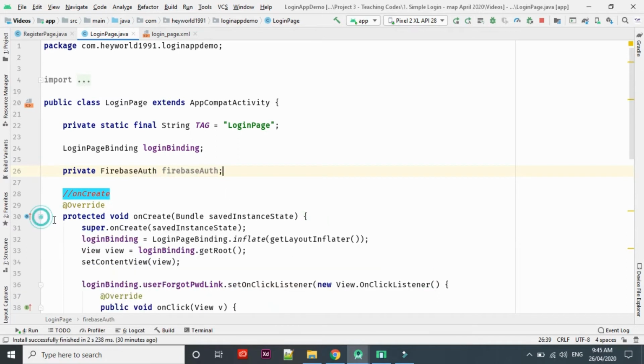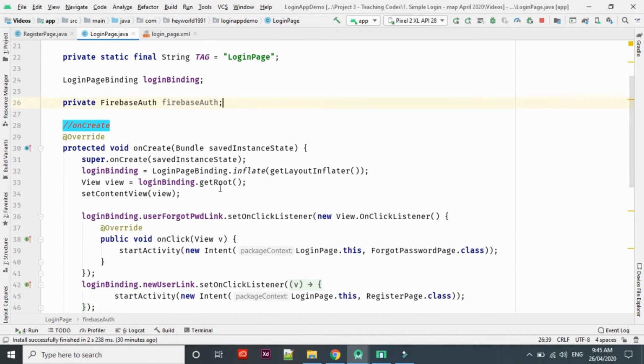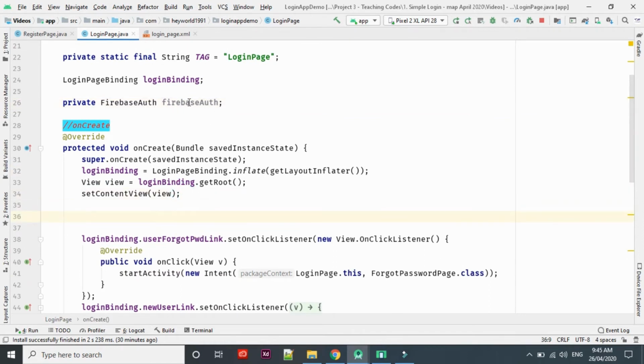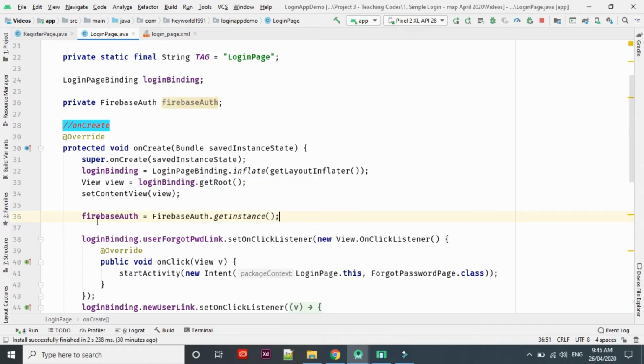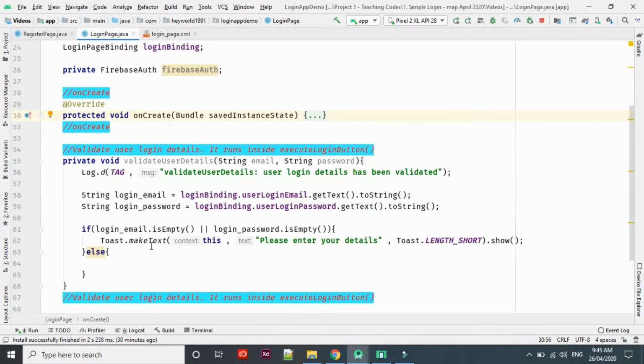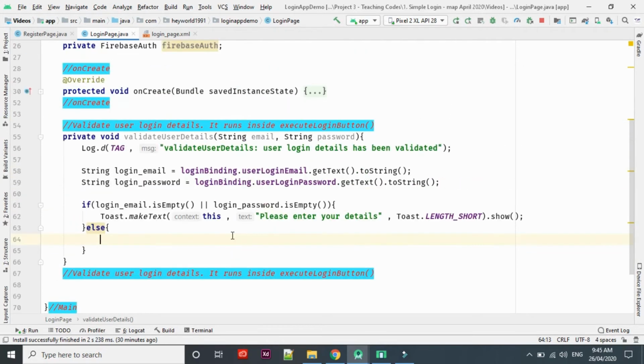Then in onCreate, below your set content view, we need to get an instance from our main class here. Firebase auth dot Firebase with a capital F dot get instance semicolon. We just assign it in our onCreate. Minimize your onCreate. Come down to your else. Small f dot sign in with email and password. So where are this email and password coming from? There are two strings, and we use these two to be able to log in. Email, password,